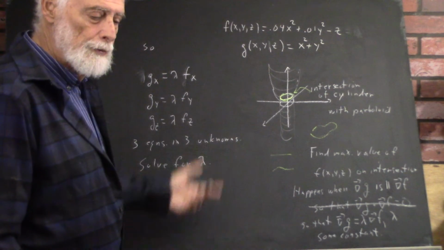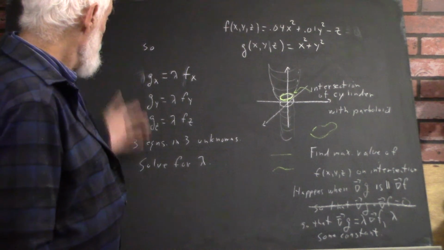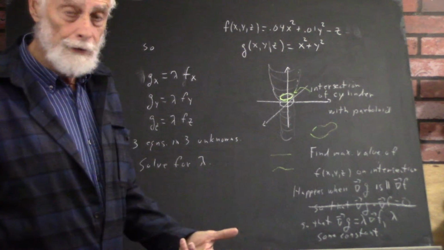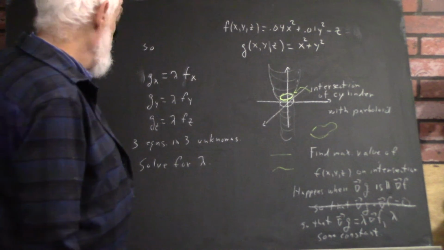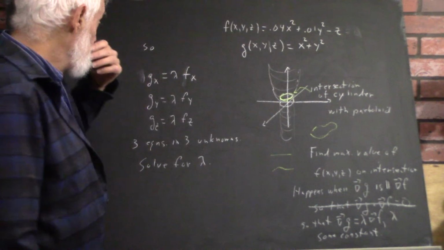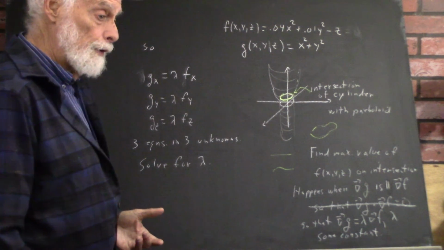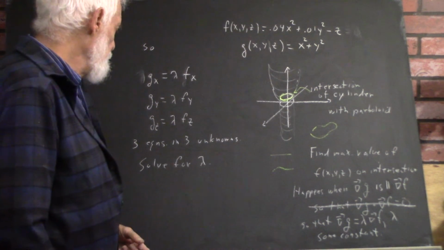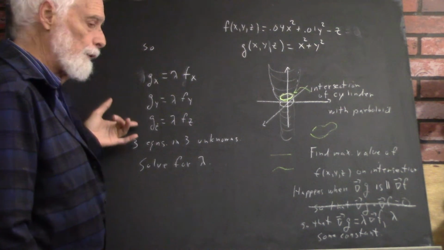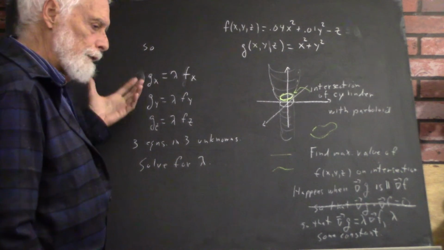and three unknowns, which we've got to solve for. If you're lucky, these equations are linear and they're easy to solve. If you're unlucky, you can't solve them at all. But you have the three simultaneous equations, so you're going to have to exercise your ability to solve simultaneous equations